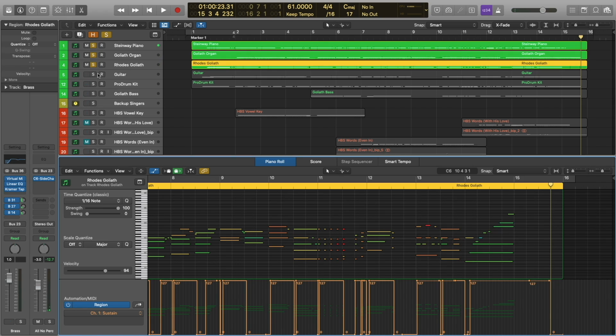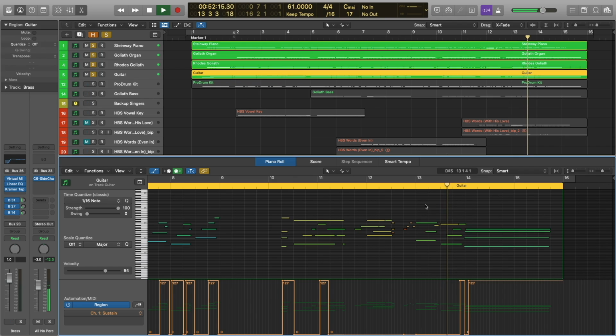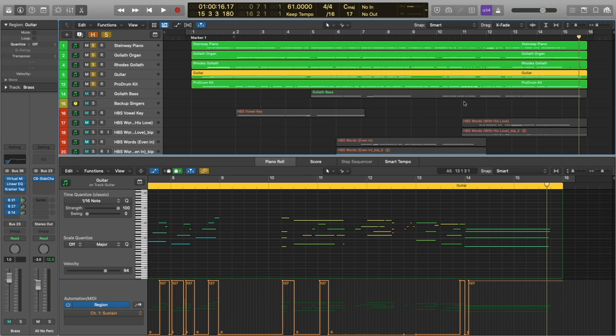Again, just filling up some space. And the guitar. Same story there as the Rhodes, just filling up some space.